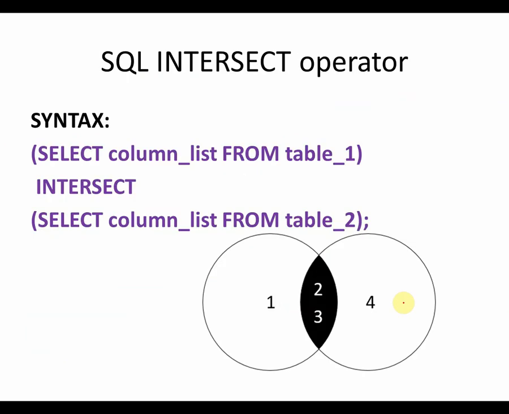Now going ahead with the SQL intersect operator. So what is an intersection? If we see an example over here, suppose this is table 1 and this is table 2. The intersection of the two is what is common between both the tables. The rows which are common between both the tables are called the result of intersection. The syntax is the same as how we performed union, only instead of the word union, you would use the keyword intersect.